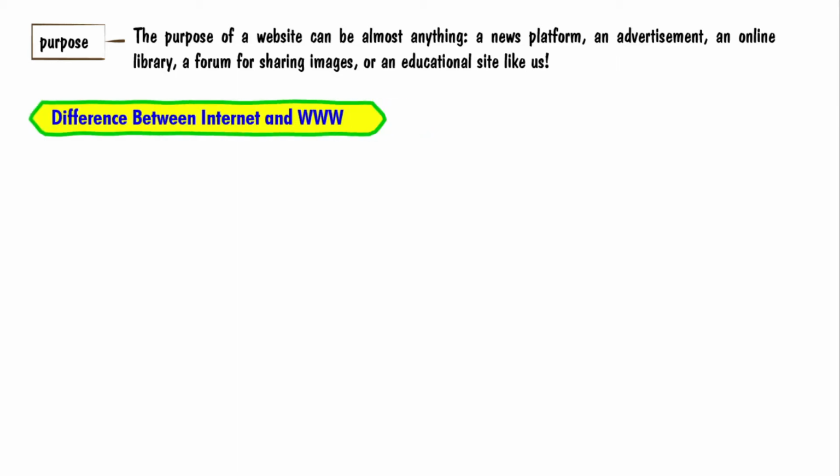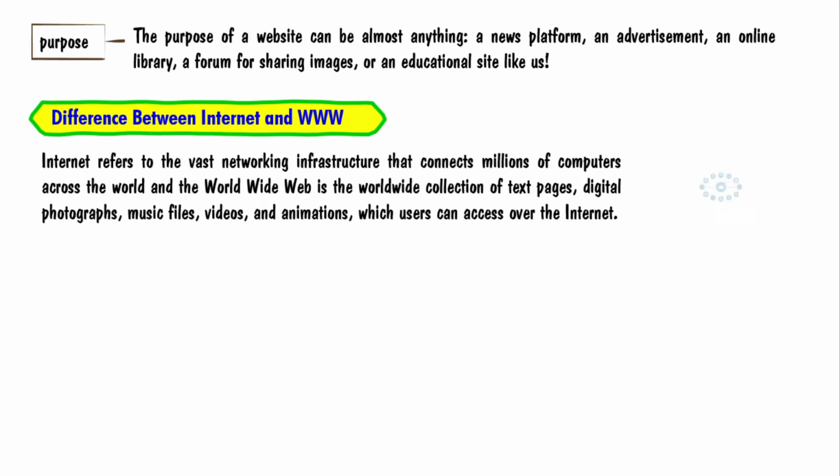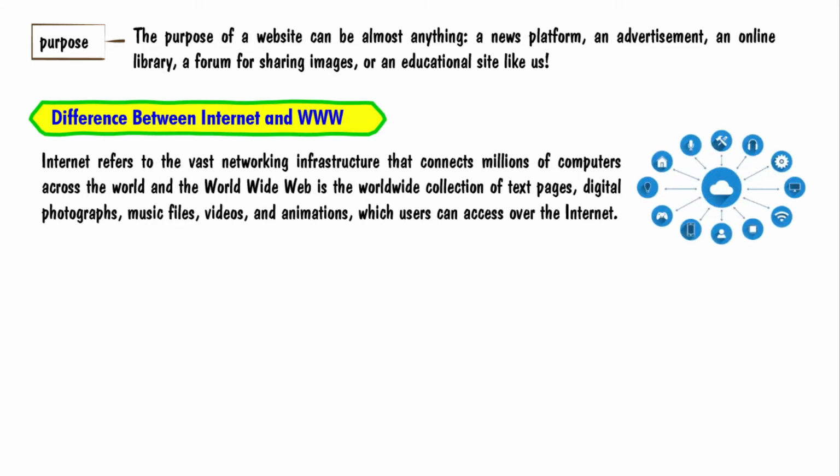Difference between internet and WWW. Most people tend to treat the internet and the web as synonymous. But internet refers to the vast networking infrastructure that connects millions of computers across the world, and the World Wide Web is the worldwide collection of text pages, digital photographs, music files, videos and animations which users can access over